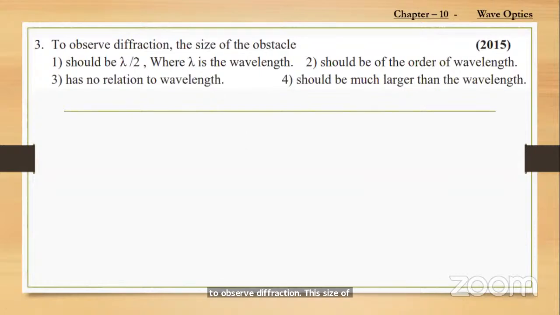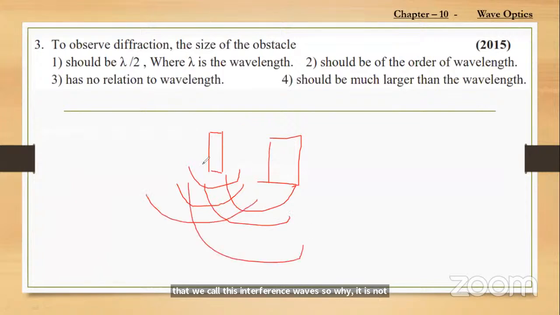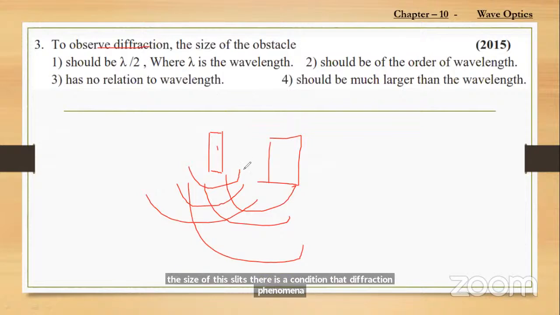So interference and diffraction phenomena, when you consider, if you have two doors in our home, also two windows, we require two slits to obtain consecutively overlapping waves, so that we call it interference waves. So why does it not appear in the case of two doors or two windows? Because of the size of the slits. There is a condition for diffraction or interference phenomena: the size of the slit should be